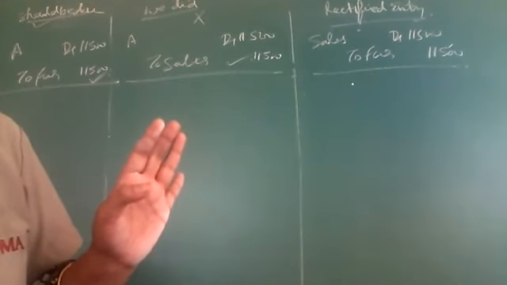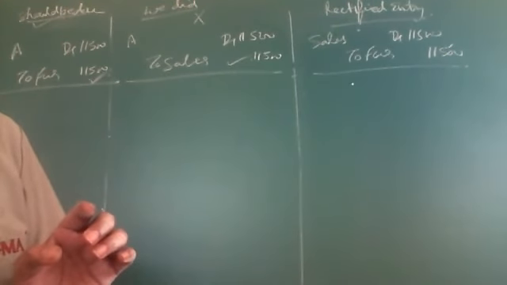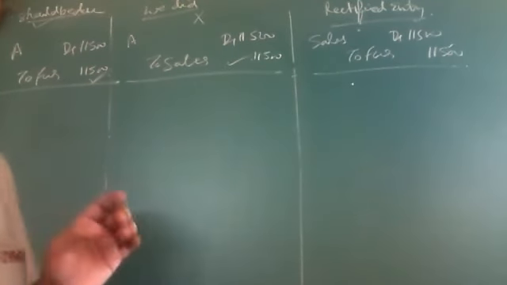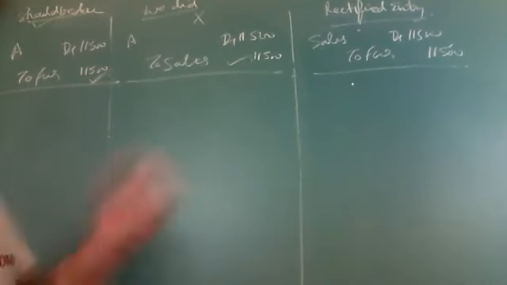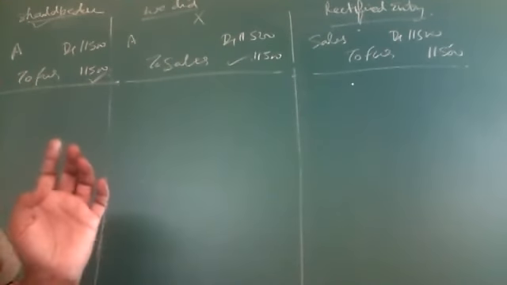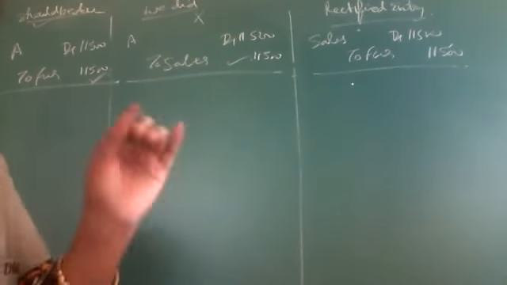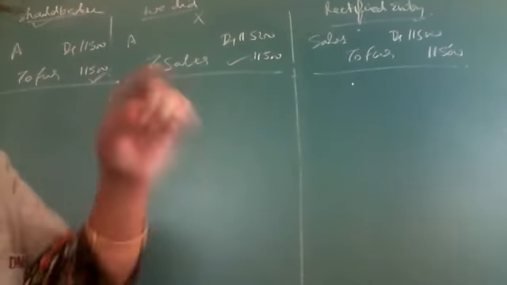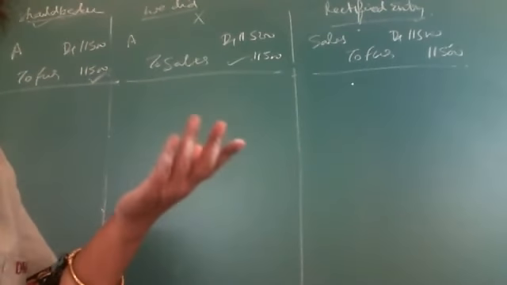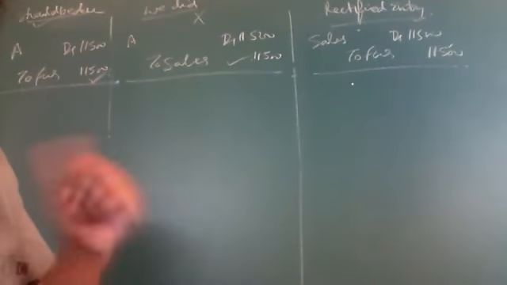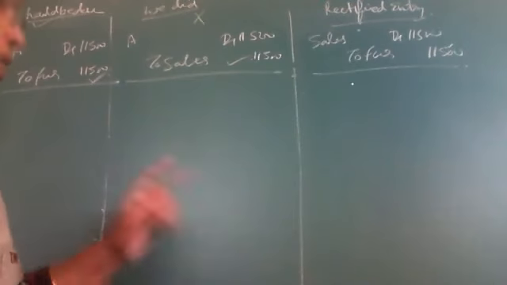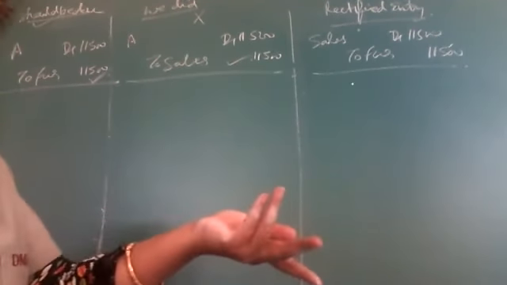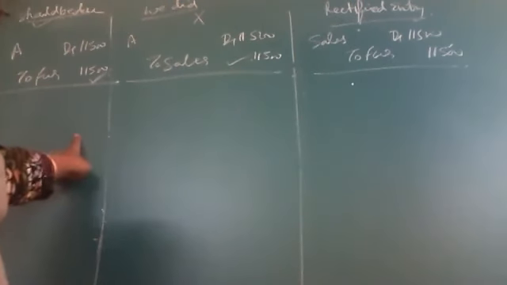Next entry is: repairs made were debited to building account, 7,000. If repairs are made, whether building repair or anything else, we are not acquiring a new building. We are making repair of a building, so it should be considered an expense. Expenses are treated like an asset only at the time of asset acquisition. Here we are not acquiring any asset. We are just maintaining the asset, whatever asset we have. So we have a building and we made repair expenses, so it should be transferred as expenses. Let's see here.